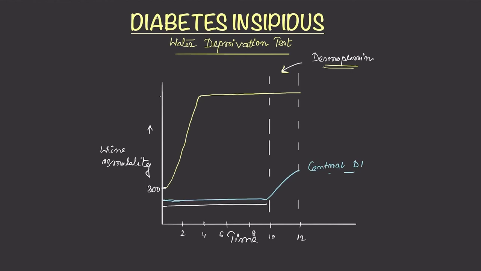In nephrogenic diabetes insipidus, when we give desmopressin there will be no change in the urine osmolality, as the defect in nephrogenic diabetes insipidus lies in the defective action of ADH at the renal tubular cells, whereas in central diabetes insipidus it is due to less ADH secretion. So this yellow colored graph,